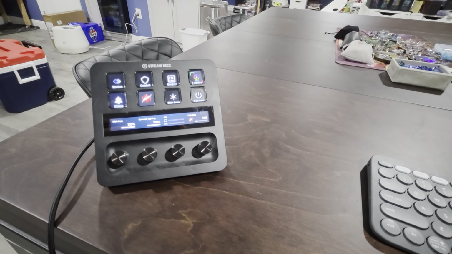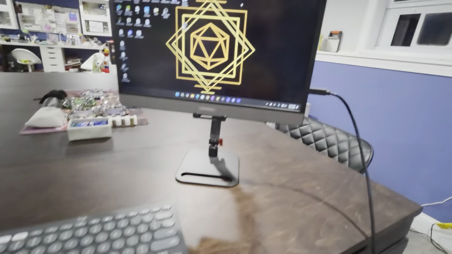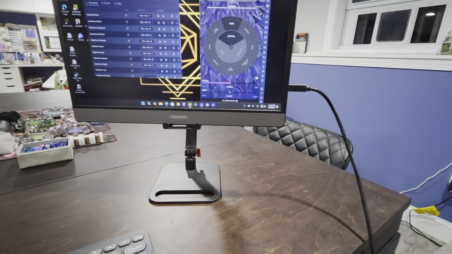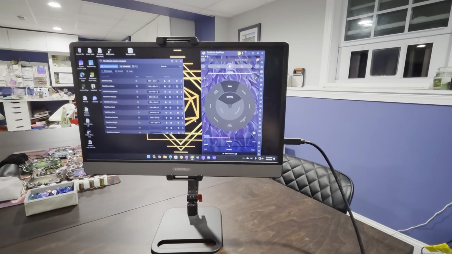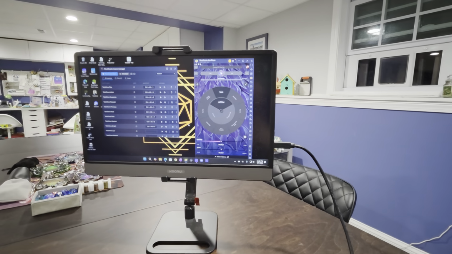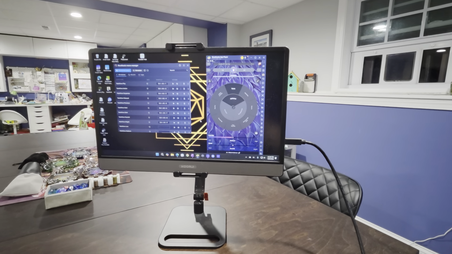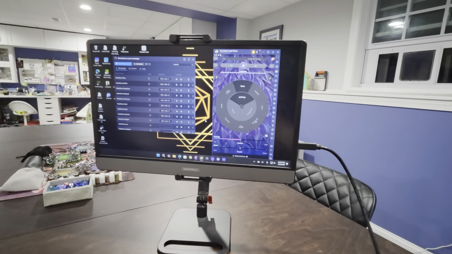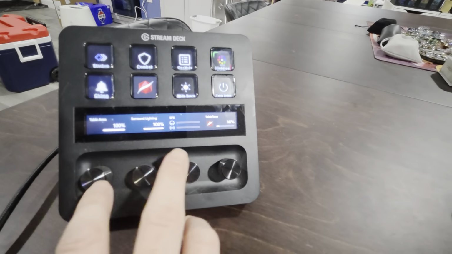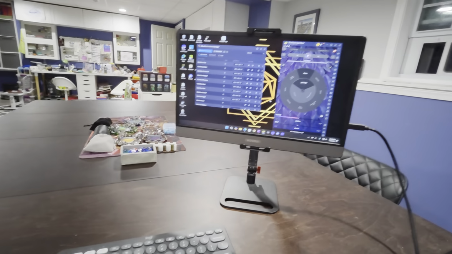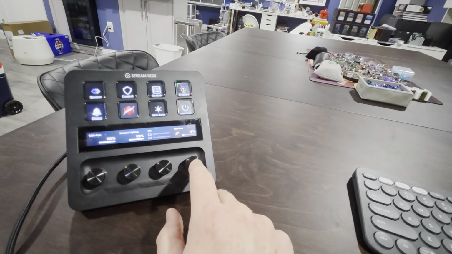And what I'm able to do here is, when I run this in BlueStacks on the mini PC, I've got everything set up, and I've actually got a bunch of macros set up. This is one of the reasons why the Windows app, as much as I'm happy that they set it up, doesn't really work in my particular scenario, because the way I have this set up, at any given point I can control my volume straight from here, with direct control of individual apps through the Stream Deck,